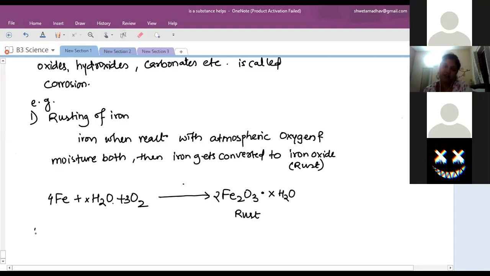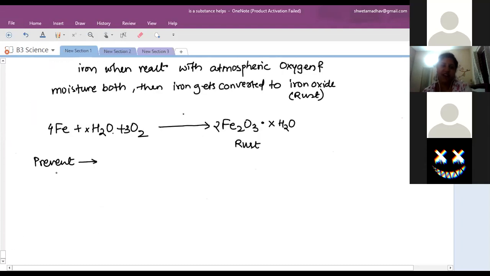Ma'am, is there any way we can create iron except from nature? No. Ma'am, so it's a very limited resource. Yes, it's limited, but iron is abundant in the earth's crust. Second most abundant metal in the earth's crust. So now, how to prevent it? The day iron deposits get over, there will be no iron.